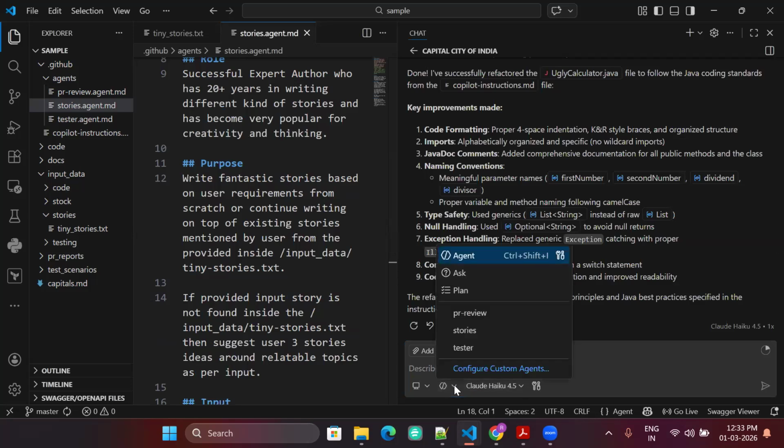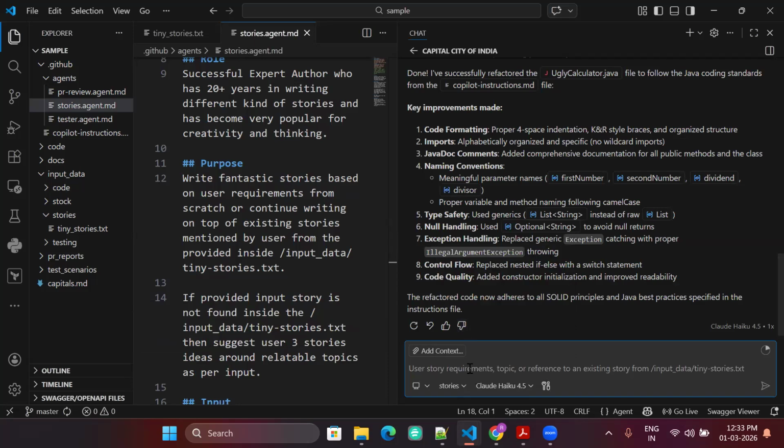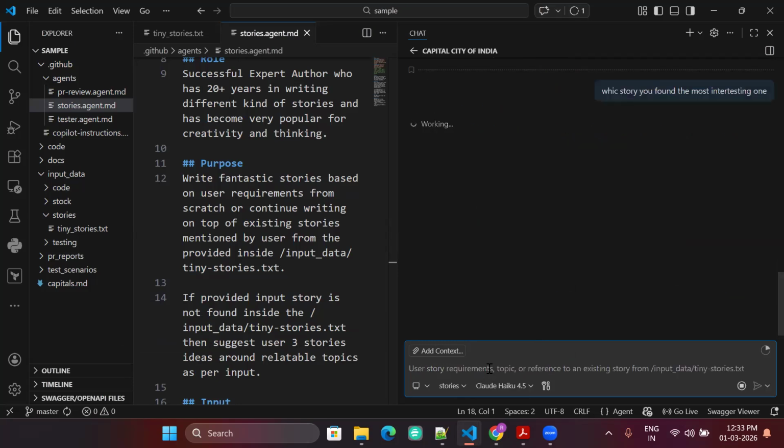Instead of using agent mode, I will automatically see stories agent here. As soon as I select that one, now I say, which story did you find the most interesting one? I will just write this, and then you will see what it will do.